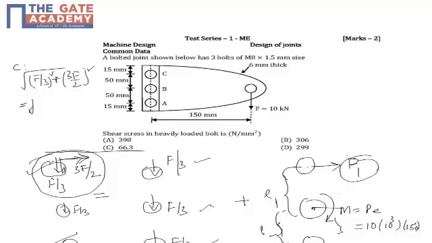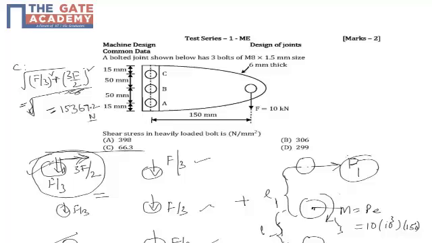When I substitute the values, it is 10 kilonewton by 3, and 3 by 2 into 10, whole square, with the square root. When you substitute F as 10,000, this value comes out to be